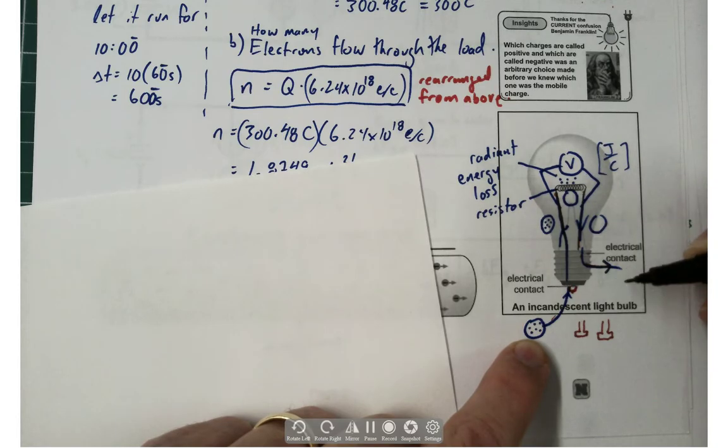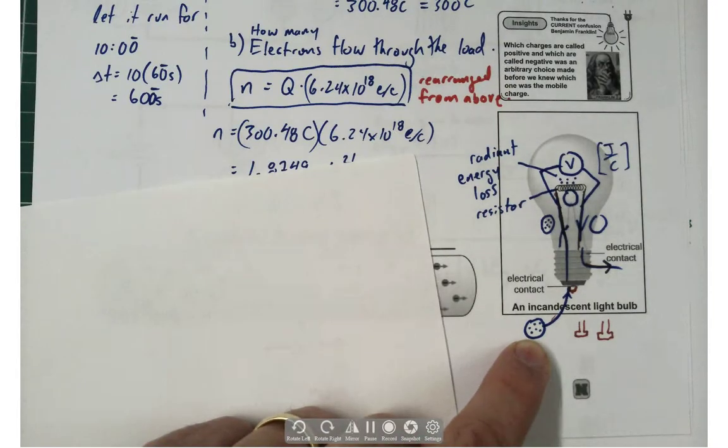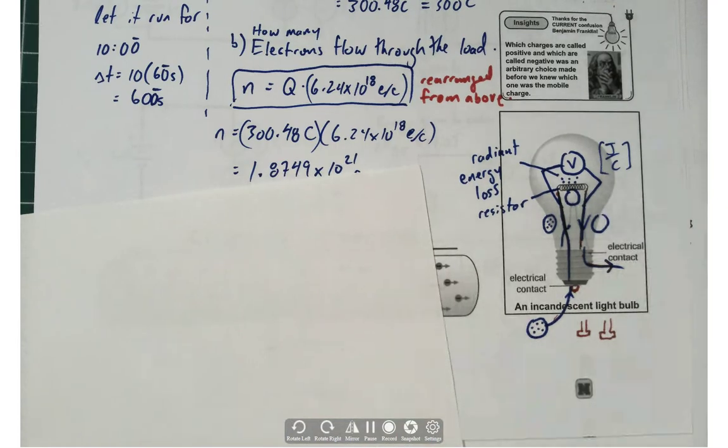It keeps on going. And I think one thing that people coming out of grade 9 don't get is that the electrons don't get consumed. They go in one side, they go out the other side. The electron doesn't get consumed. The energy that electrons hold